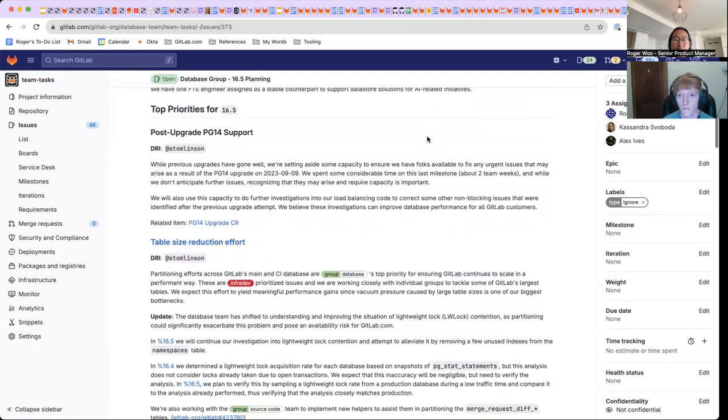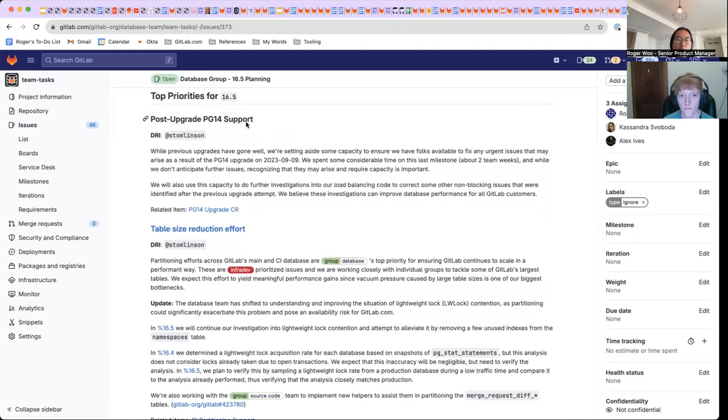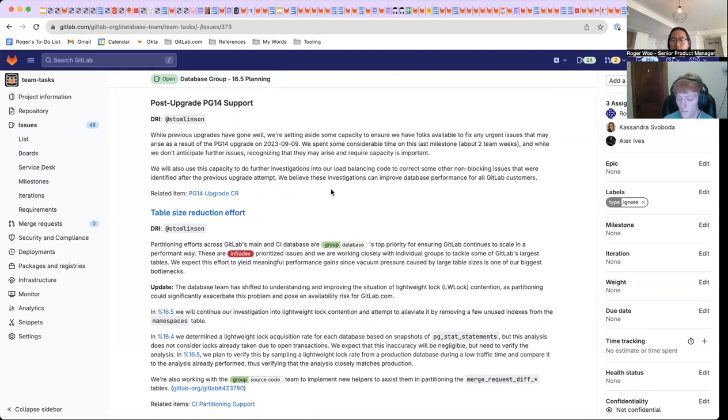in the upcoming milestones. So for 16.5, our top priority here is to support our Postgres 14 upgrade or post-upgrade processes. I believe over the past weekend, we have cut over to Postgres 14. And I know we did one previous attempt, we had to roll back. So now we're officially on 14. I know based on some previous instances, we had a few post-upgrade elements to support as well. Simon, do you want to touch on some examples of things that come up post-upgrade that users might need